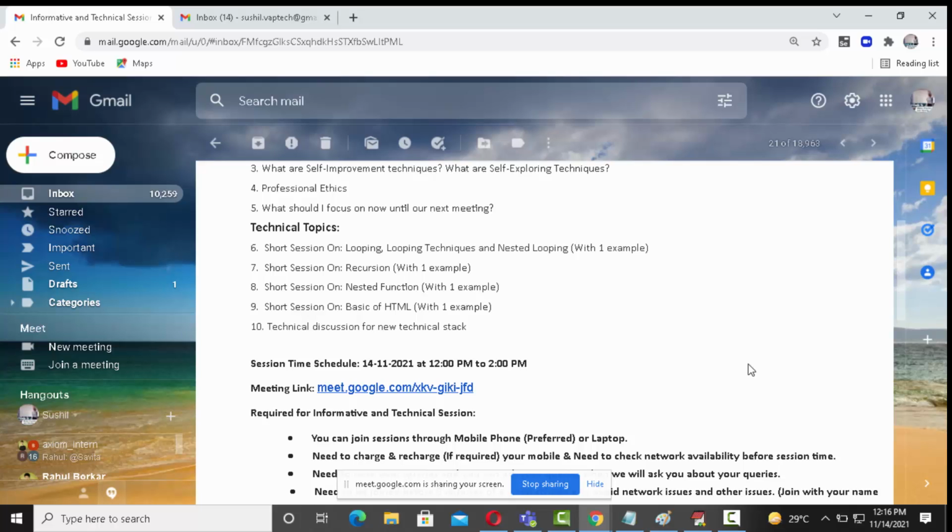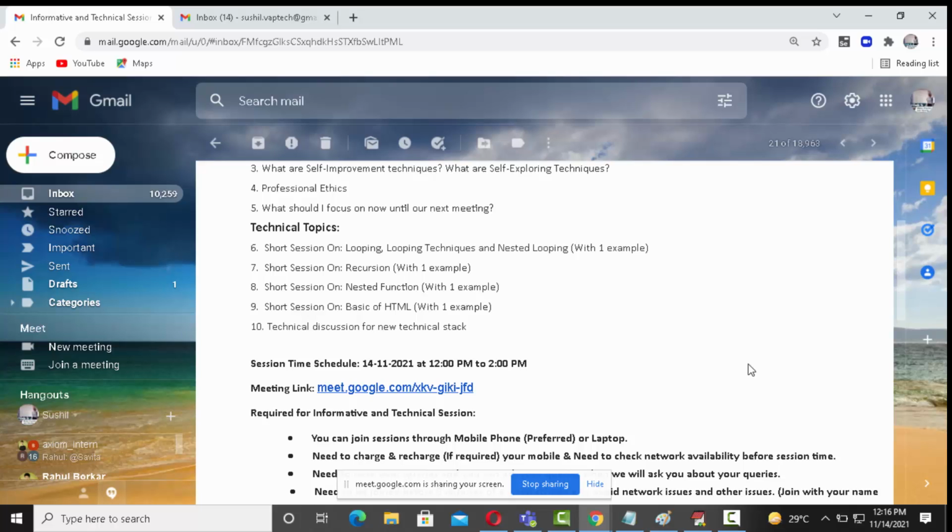If you call from main a function called A, from A you refer a function called B, and from B you refer a function called C, then it is called nesting of functions. Nesting means calling a function from another's definition. You are defining main, you are calling A. In the definition of A, you are calling B. In the definition of B, you are calling C. That is called